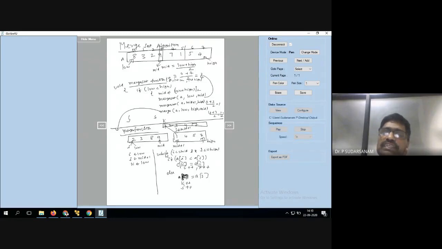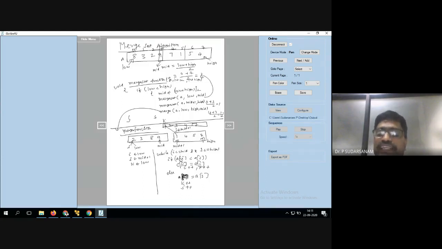That is what you have to write as the condition: while I is less than or equal to mid and J is less than or equal to high. Now check the condition: A of I is less than A of J. Otherwise the J value will be copied. You have taken one more array, called C. K is equal to low, the starting position, whether it is the first partition, second partition, third, or any partition. So the K location values will be there.